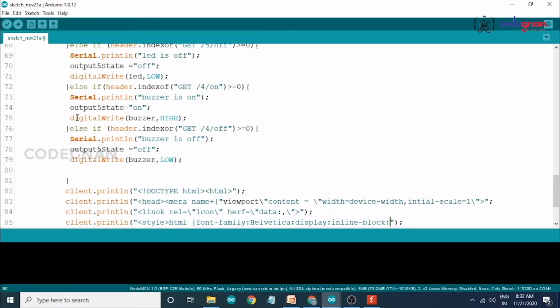So we are writing with block look like that. Margin 0px auto, text align.